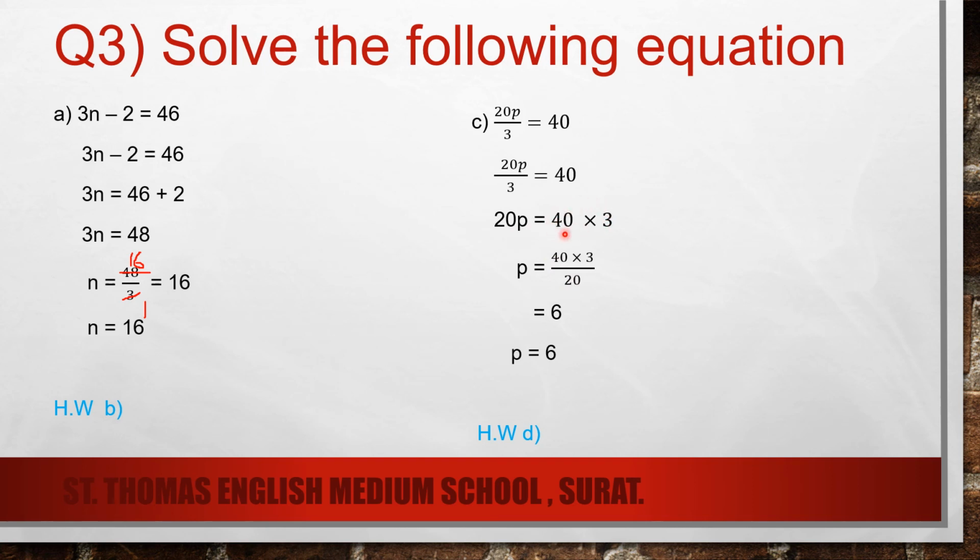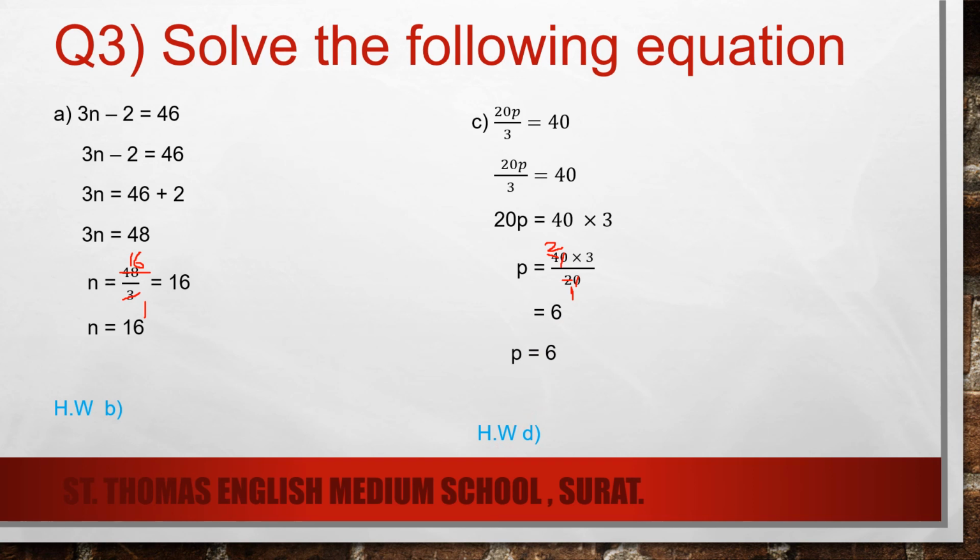Again I am saying that don't multiply this 40 and 3, write as it is because we can cut very easily. Now we can cut one by one. This 0, 0 cut. Again 2 ones are 2 and 2 twos are 4. Clear? Now what is numerator here? 2 and 3. So what is the value of p? p is equal to 2 threes are 6. p is equal to 6.